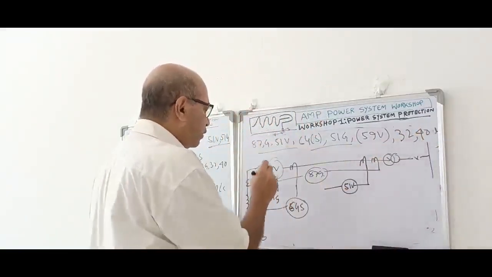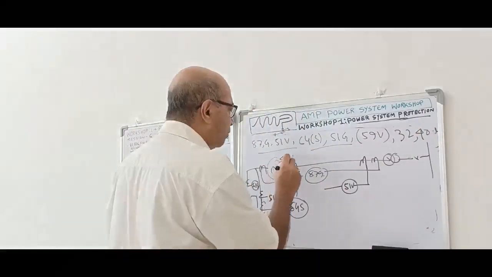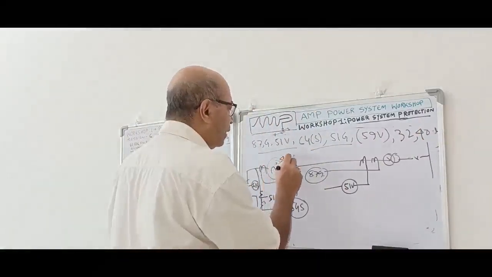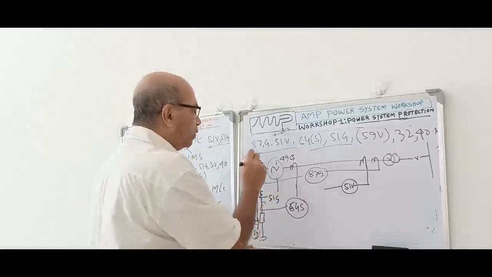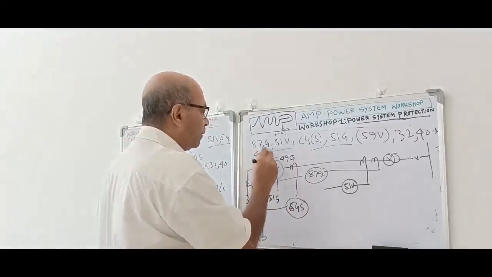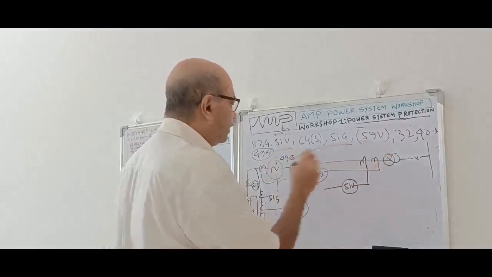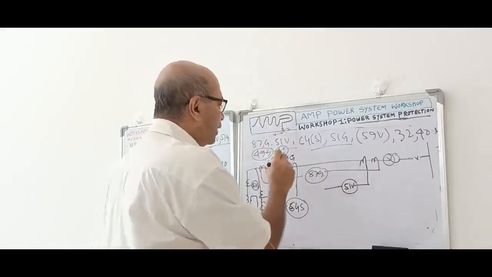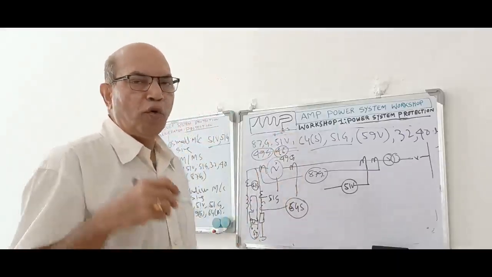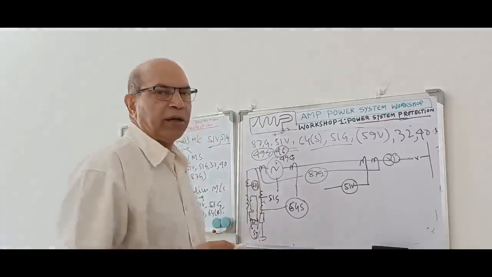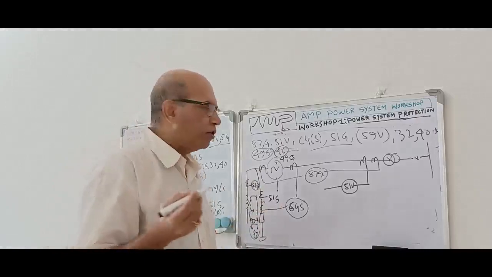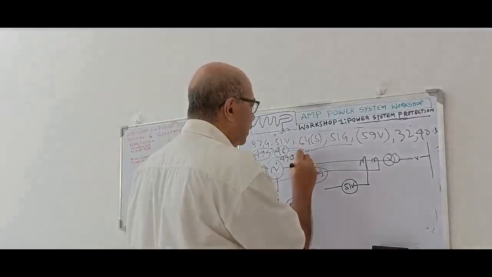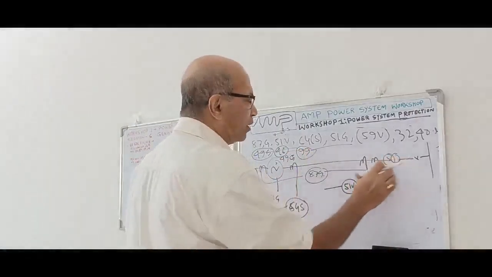Then it is a big machine, so we have to give 49G starter arc fault over temperature, 49G by RTD. So we have to give 49G. We have to give negative sequence heating also, 46. Reverse power we have already considered. Then we have to give overfluxing protection in the big machine, or overfluxing and loss of synchronism, both we have to provide. So 99 overfluxing because it is connected with the transformer.